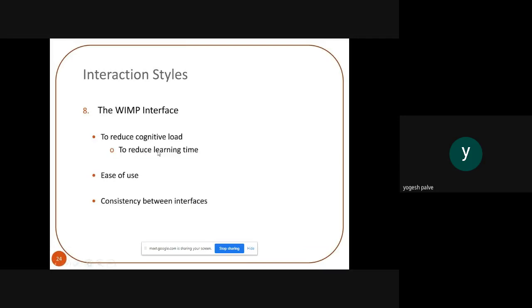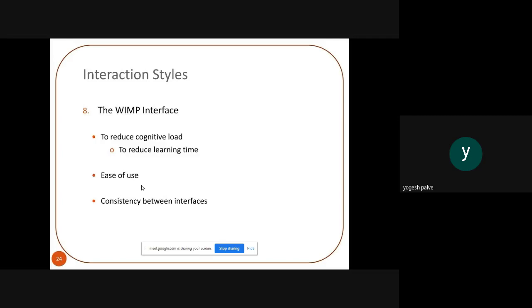The WIMP interface will reduce the cognitive load of your application and reduce the learning time also, so the user can easily understand and manage the application, and it will be easy to use. Then a very important aspect here is the consistency between the interfaces.